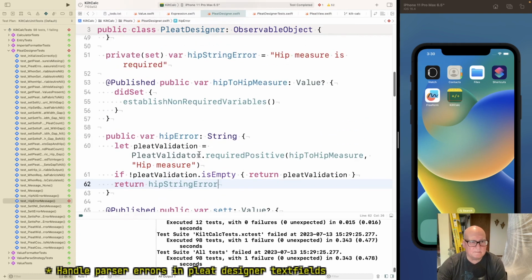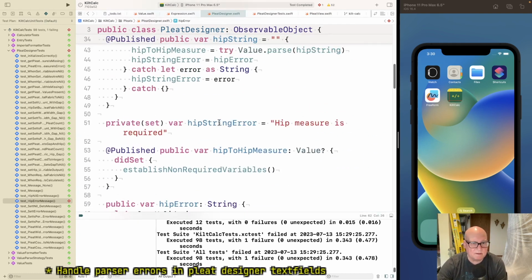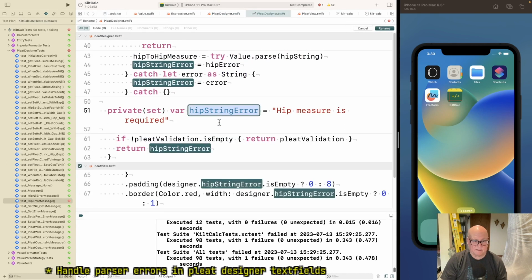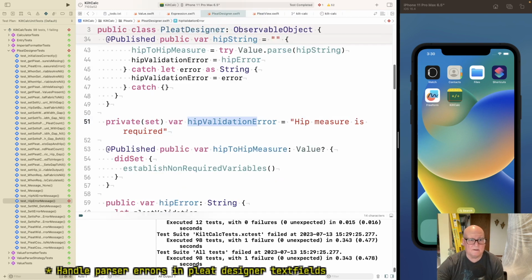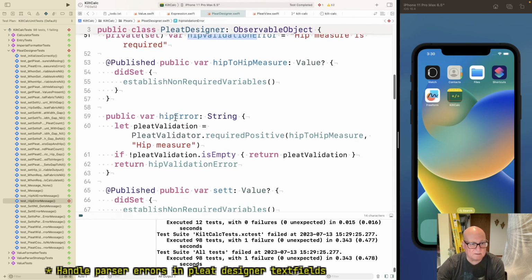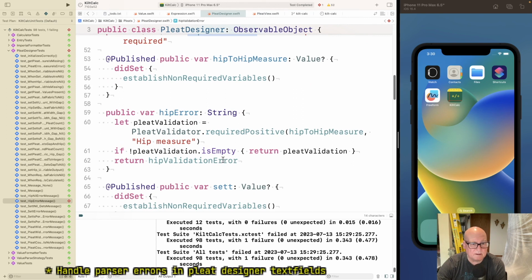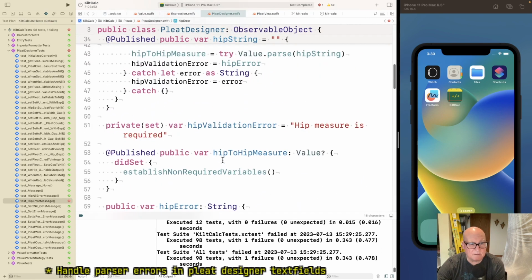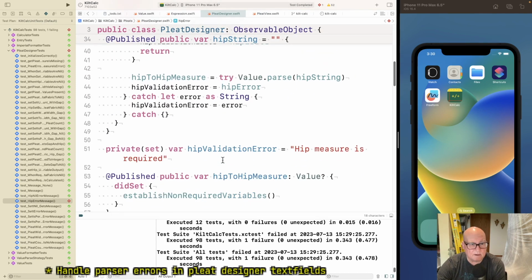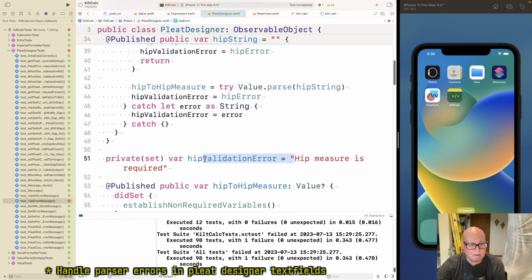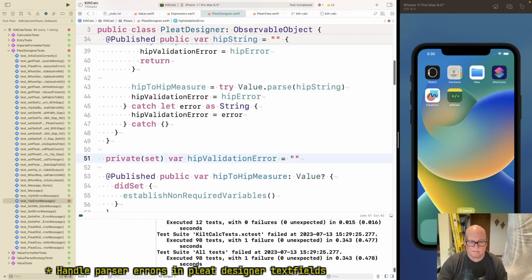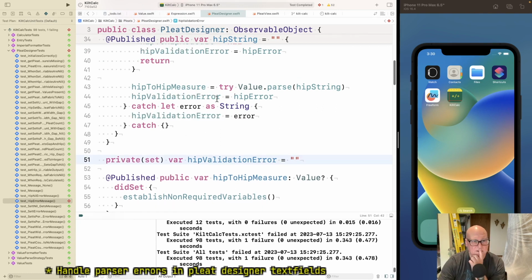But I don't think I'm hip string error. Let me call this hip validation error because I think hip validation error. Okay, make this clearer in my mind. Okay, so somehow we got hip measure is required. Well, I think that's wrong. Okay, I think that should start empty.